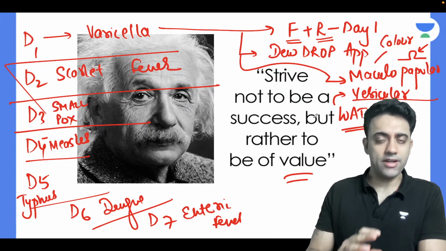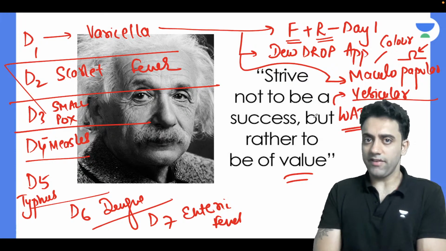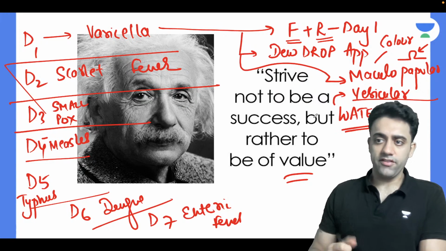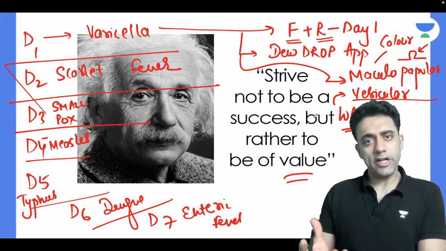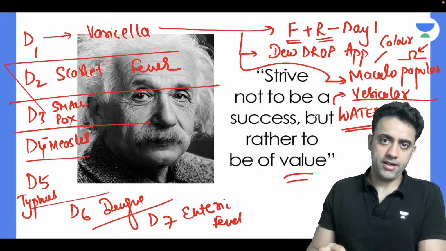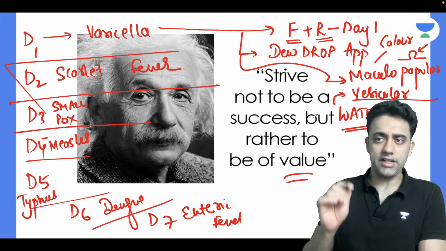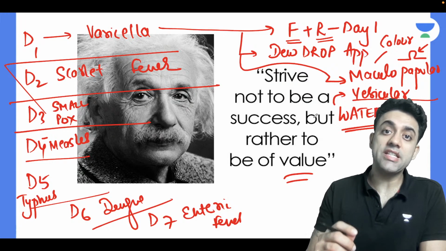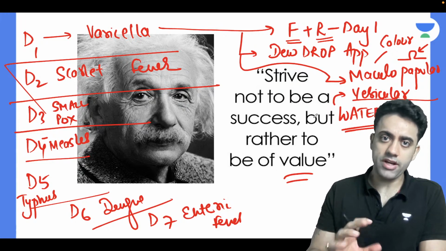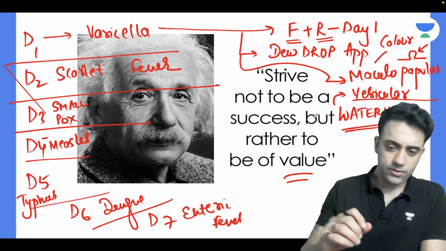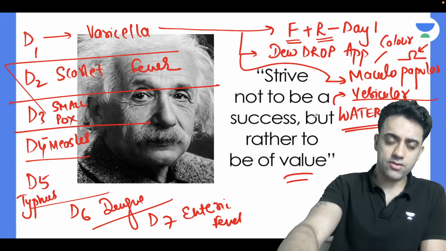Are you understanding? Okay, let's revise again. What are we studying? Infectious disease. Which subtopic? Chickenpox. How will the patient come? Fever with rash on day one. What kind of rash? Like a dewdrop appearance, or like a maculopapular vesicular rash, with little watery fluid discharge from my rash. Okay, beautiful. Are you understanding? Yes, I hope we are able to get the whole topic. Very good. Ten more minutes, then this topic is over.